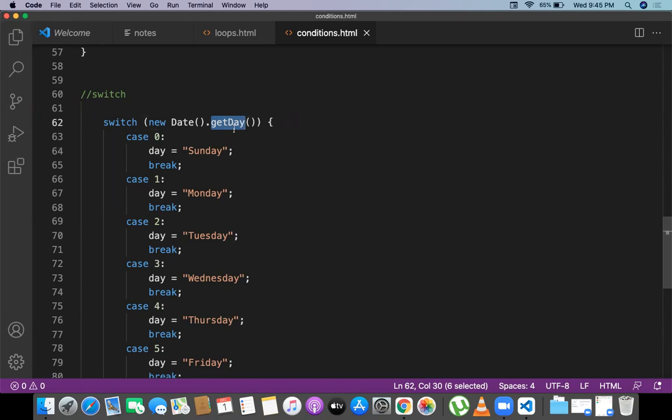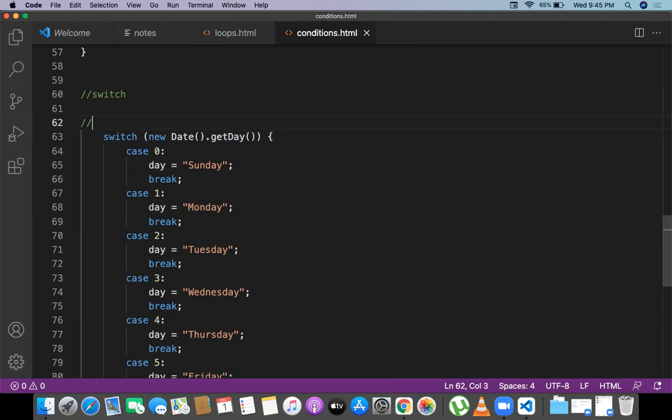The program checks whether the first condition is satisfied or not, the second, the third, and so on, because getDay gives the output. getDay gives output from Sunday to Saturday.